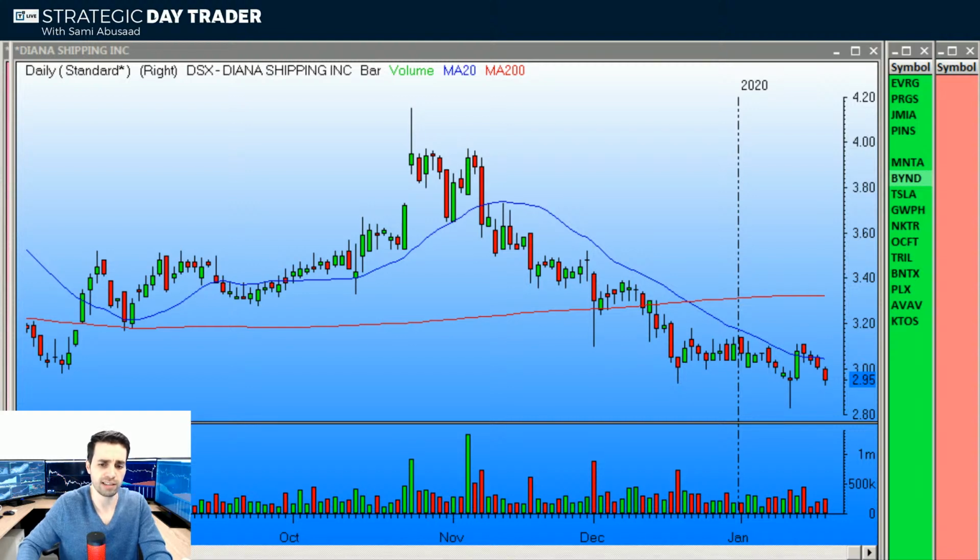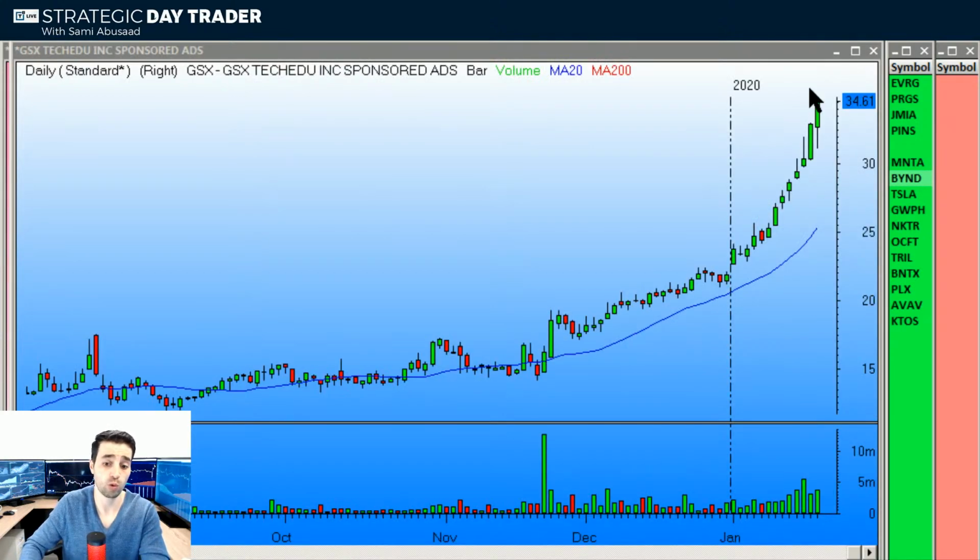GSX, thank you, GSX. So if something like the GSX were to gap up tomorrow, see this? Up, big green bars. And imagine if we get a 10-15% gap up the next day. This would be almost as good as the RAD. Not as good, honestly, because if you look at the